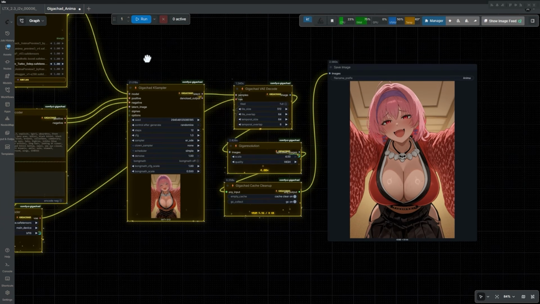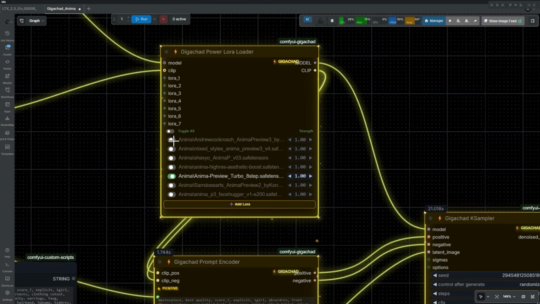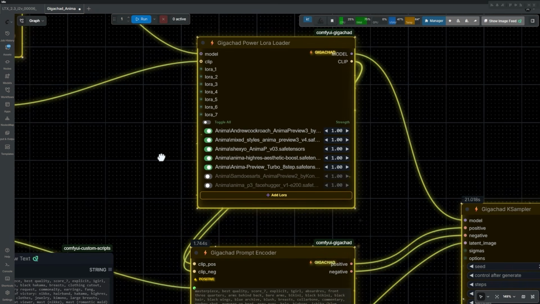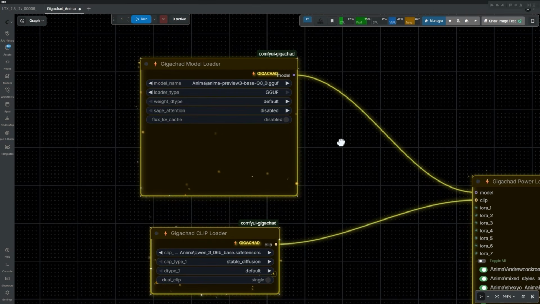based on the image tags that they got using Anima. So if you want, I like to mix some styles here. I'm always using the turbo 8-step. So here are my new Gigachad